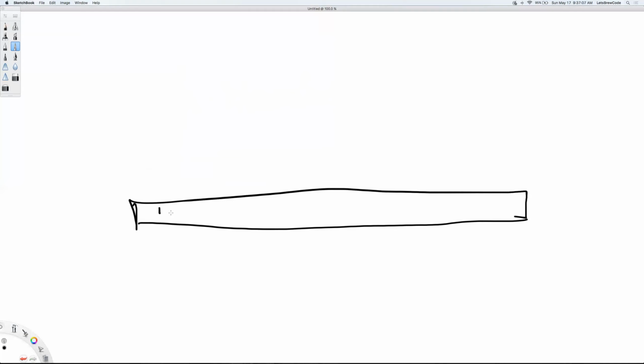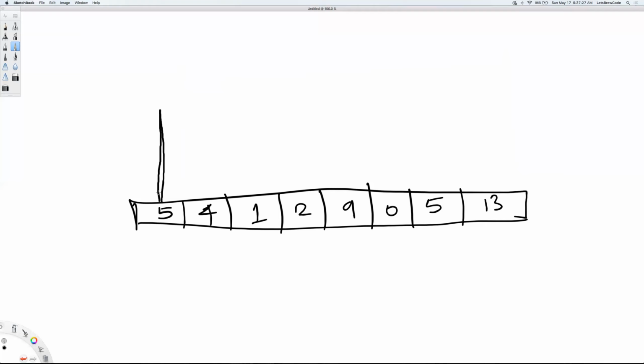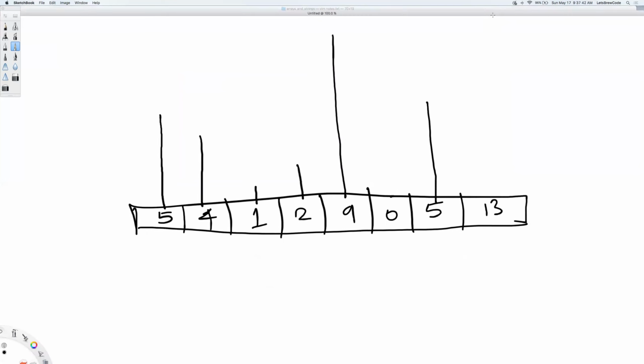Suppose this is 5, 4, 1, 2, 9, 0, 13. Given this array, let's assume that each item at a particular index represents the height at that place. Then if you draw it, essentially, what is the maximum amount of area formed by any two